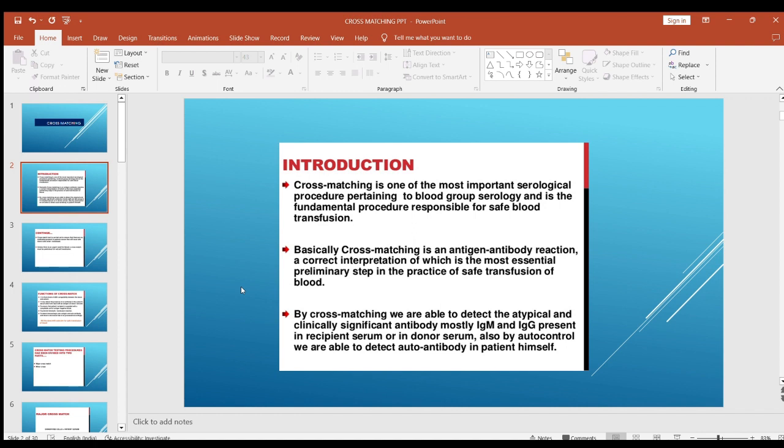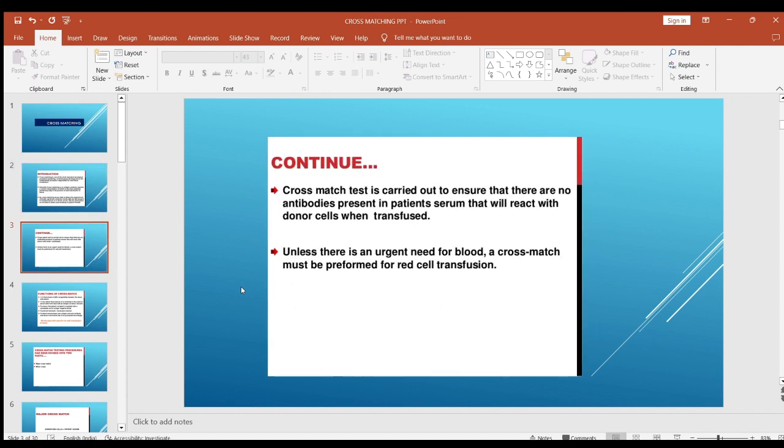By cross-matching, we are able to detect the atypical and clinically significant antibodies, mostly IgM and IgG, present in recipient serum or in donor serum. Also, by auto-control, we are able to detect autoantibody in the patient himself. The cross-match test is carried out to ensure that there are no antibodies present in the patient's serum that will react with donor cells when transfused. Unless there is an urgent need for blood, a cross-match must be performed for red cell